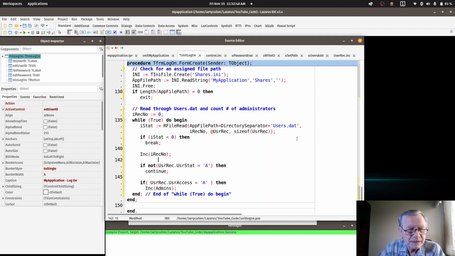Okay, so let's label some of these things. We're going to say, if not an active user, skip this record. Okay. So then if it falls through, it's an active user. And then we're going to say, if this is an administrator,